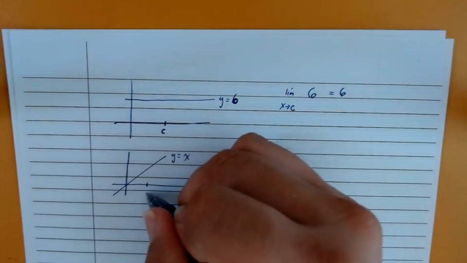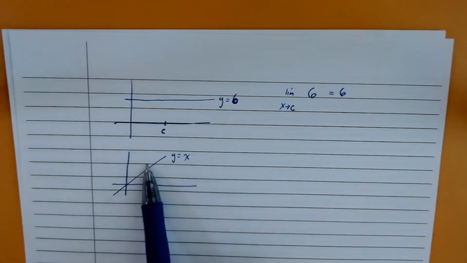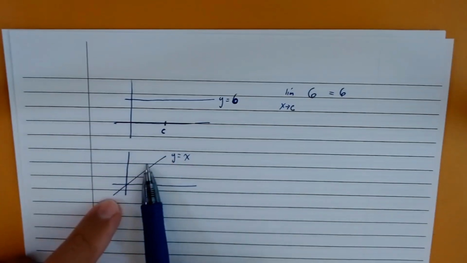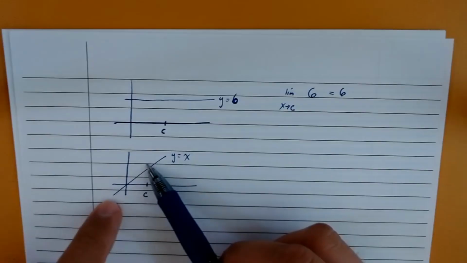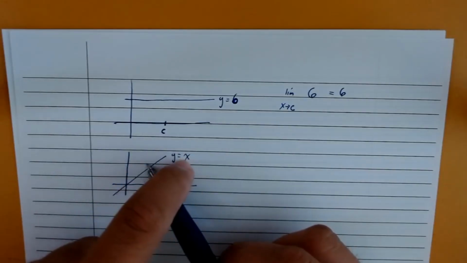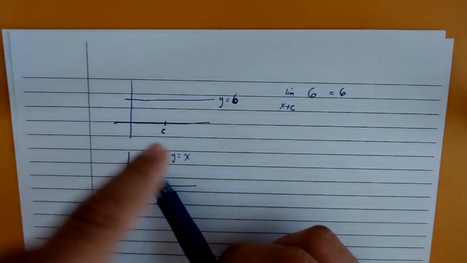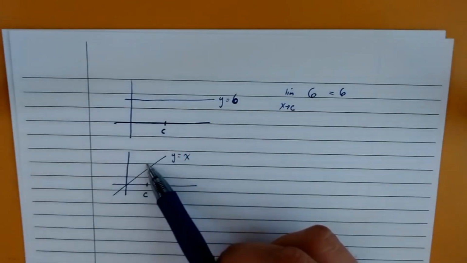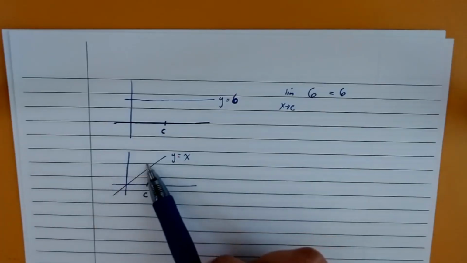And let's say I had a value of c. Well, again, the same thing would happen. Even if I had a hole right here, even if I covered this up, even if I didn't know what was there, I could still tell from the path around here that as x approaches c, then my y value is also approaching c, because remember, x and y are equal to each other at every point here. So this would be 0, 0, 1, 1, 2, 2, 3, 3. And on this side, if you're coming in from the left, you would say 5, 5, 4, 4, 3, 3, and so forth. So even if this point wasn't there, or if we didn't know what was there,